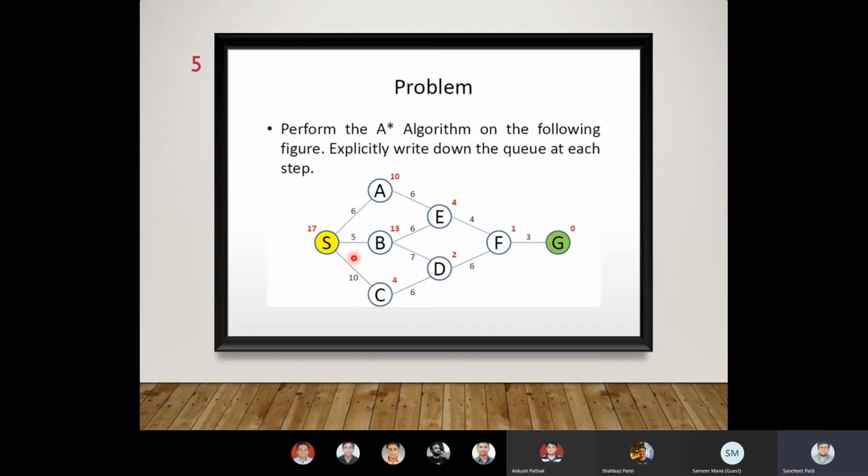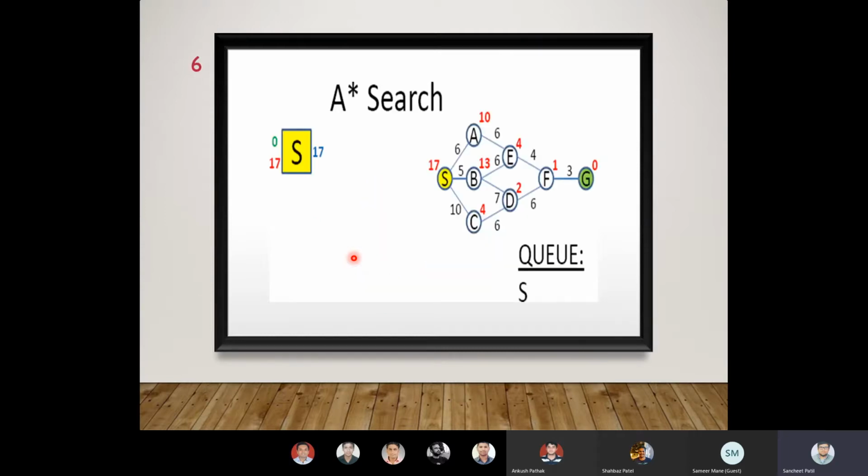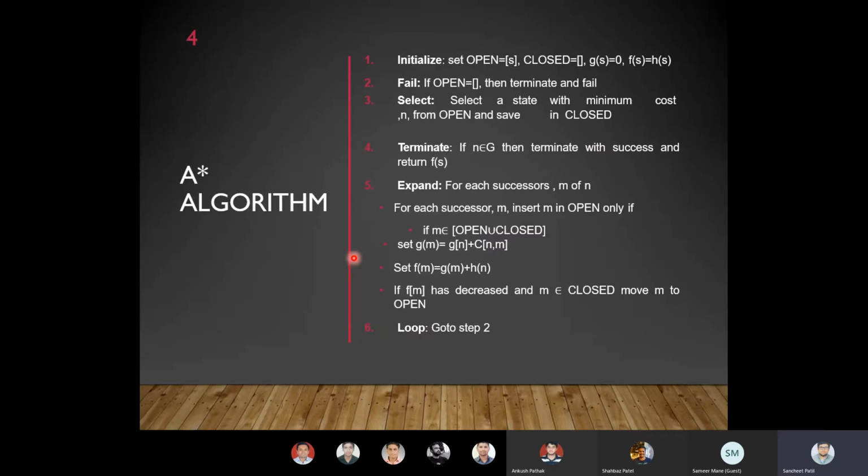For S, g(n) would be 0, because what would be the cost to start with the initial node? So for S, g(n) will be 0. While starting, first we'll see the algorithm.